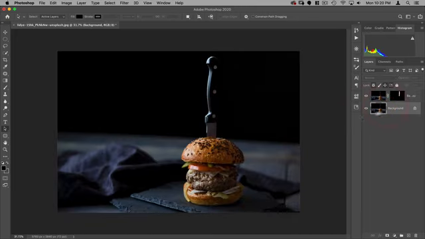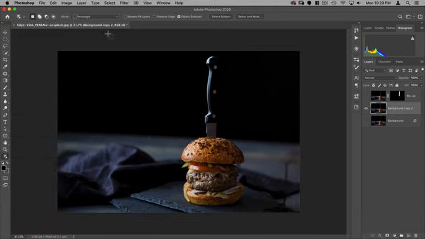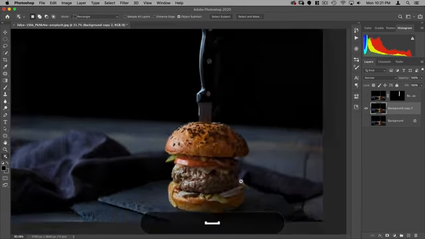Next, I'm going to do just the burger. So let's go ahead and make another copy of this. I'm going to turn off these two copies. And for this, I'm going to use one of the new tools in Photoshop, and that is the Object Selection tool. And this works very similarly to the Select Subject, except you're kind of pre-cropping the image and saying, hey, I want you to do a select subject, but I want you to do it only in this area that I've outlined. So there you can see it's selected the hamburger, which is what I put my selection around.